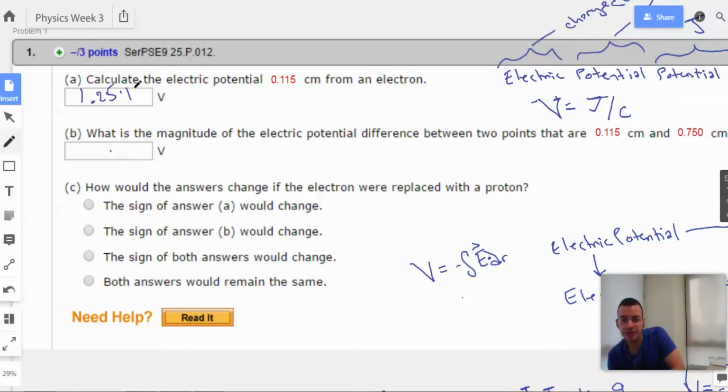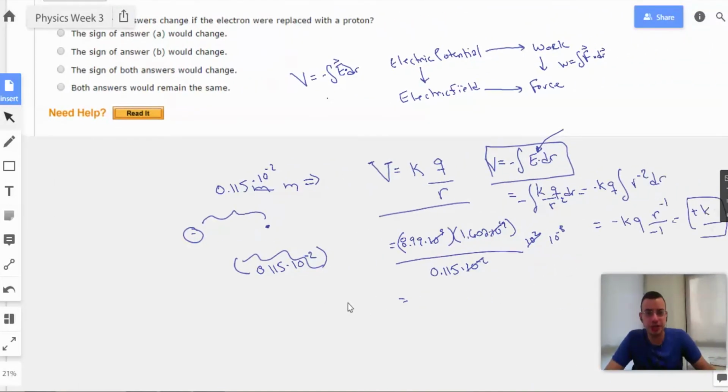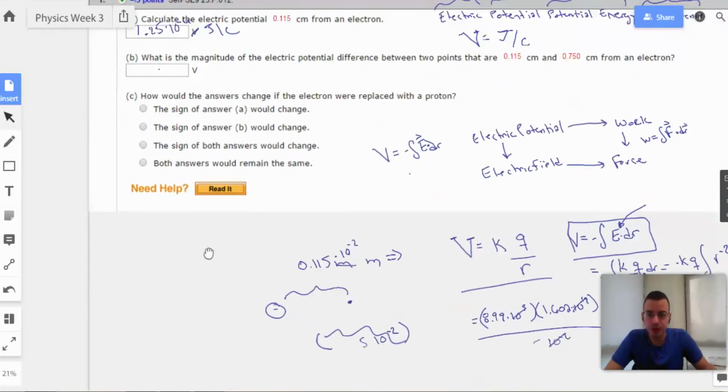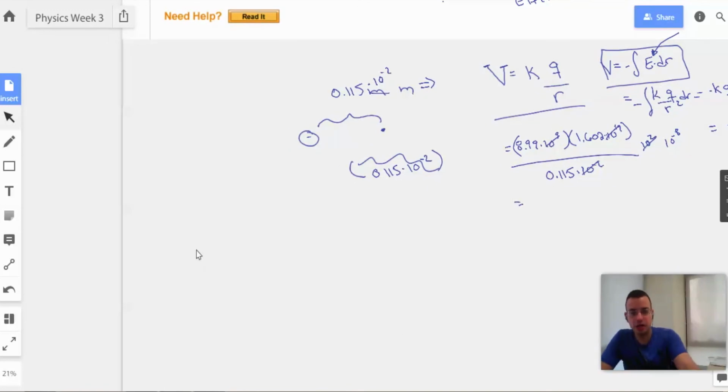1.25 times 10 to the negative 6 volts, or as I like to say, joules per coulomb. Okay? So one other thing I should mention here is what this actually means. What this is saying is, if we have our electron right here, and we take another particle and we